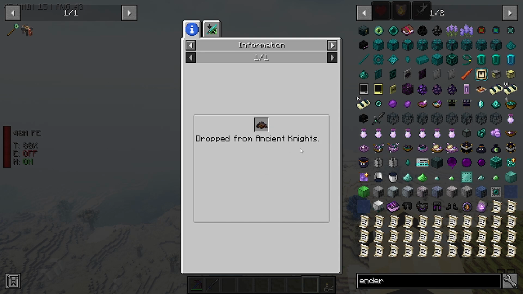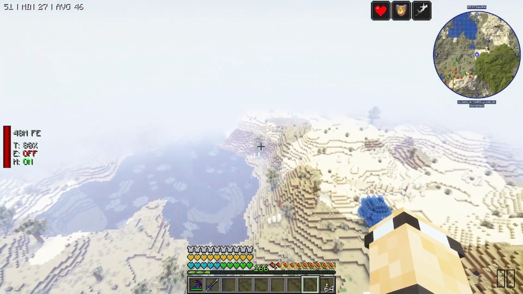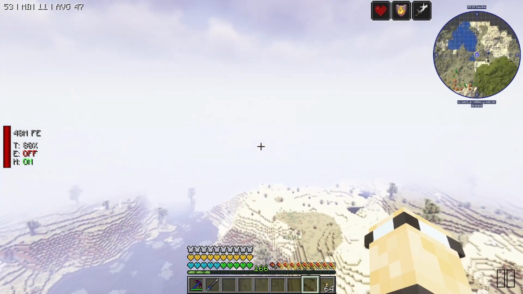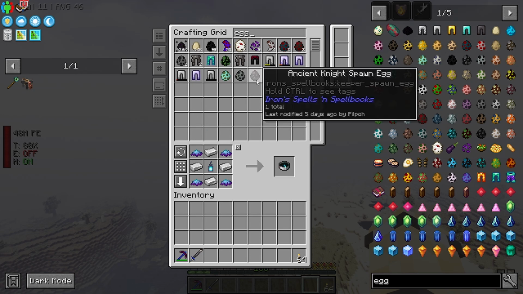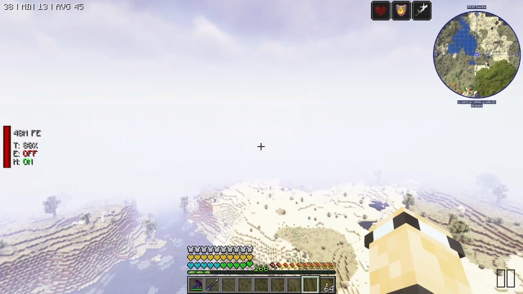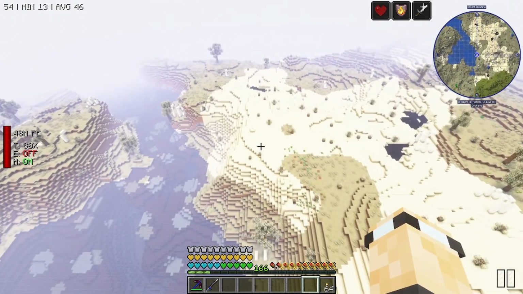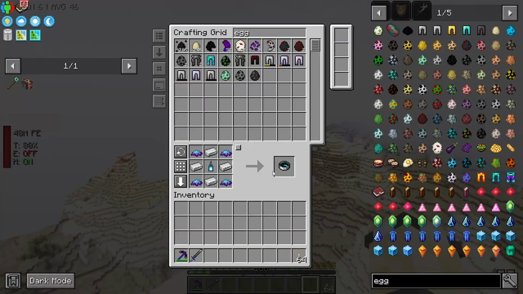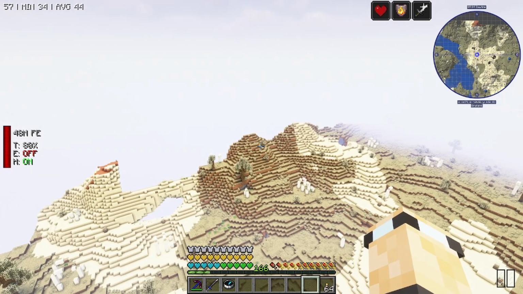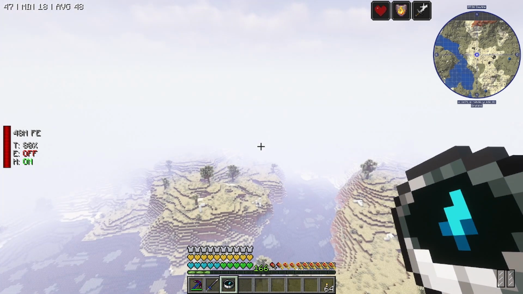Cinder essence dropped from Ancient Knights. We've actually captured an Ancient Knight and we have a spawner for it. Or do we just have the spawn egg? Egg. Ancient Knight spawn egg, there it is. So we're good on that front. So now all we have to do is go kill the dead king. Or not kill him, we need to collect him. So this should be far enough away that I can grab one of these out. And it should... Oh, poop. Did it lock to...